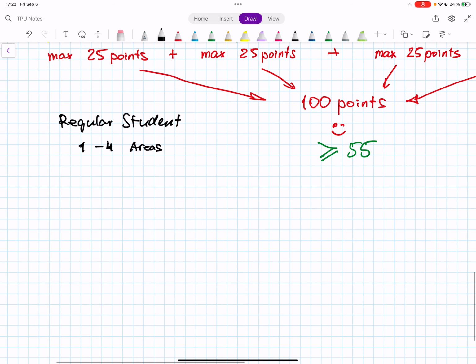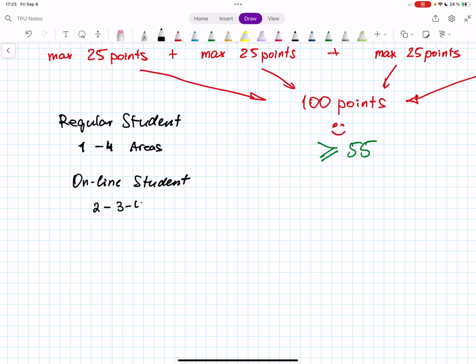If you are an online student who cannot come to classes, then you have to make sure you get 55 points from areas 2, 3, and 4.